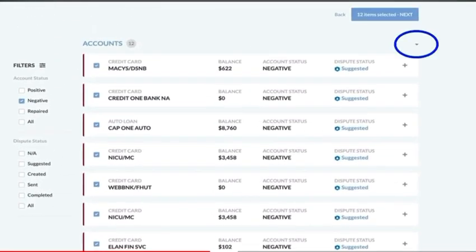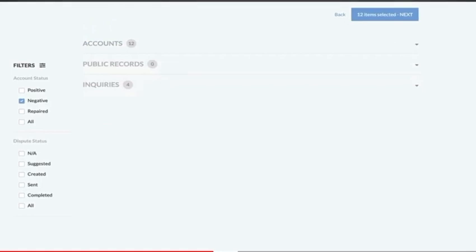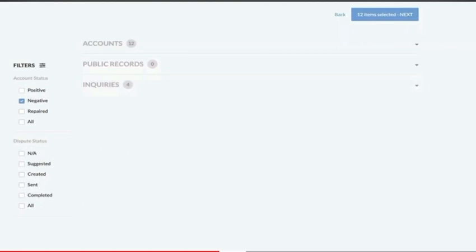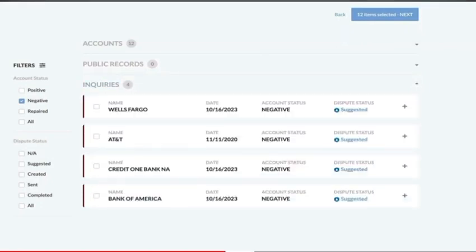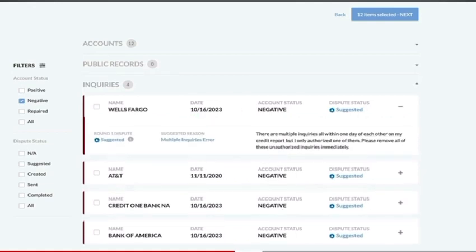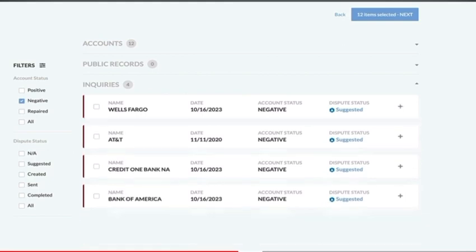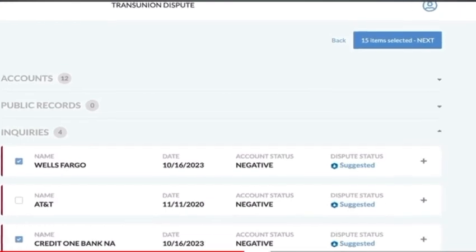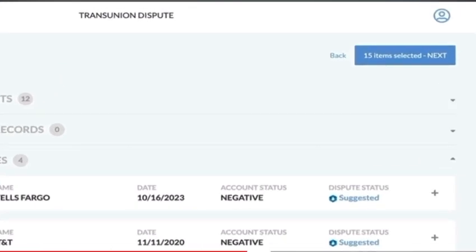Below are 2 more sections you don't want to miss. One for public records, such as a Chapter 7 or 13 bankruptcy. There's no bankruptcy on this credit report, so I'll move down and open the Inquiries section. The software found several inquiries that were added to my credit report on the same day. Again, you can see a suggested reason was provided. I'll select these 3. Altogether, I've selected 12 accounts and 3 inquiries for a total of 15 items to dispute